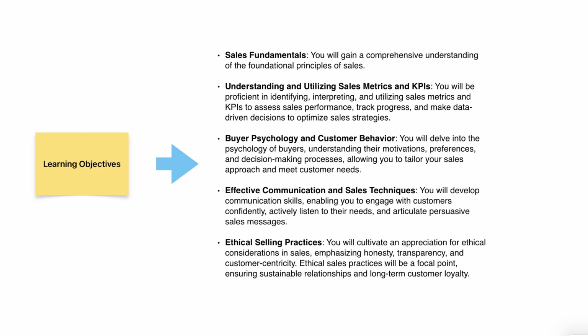Number 1 is the foundation, sales fundamentals. Yep. Understanding the whole process, end to end, mapping out that customer journey, and knowing where sales actually fits in the bigger picture of company growth. Okay, basic building blocks. Then number 2 gets analytical, metrics and KPIs. Right. This is where you need to get comfortable with numbers. It's about proficiency, identifying the right metrics, understanding what they mean, and crucially, using them. Using them to track performance, make decisions. Data-driven decisions, exactly. If you can't measure your sales funnel, you've got no real way to optimize it.